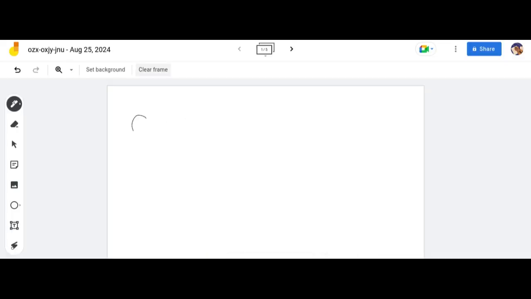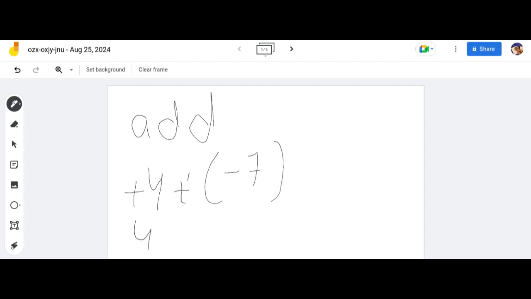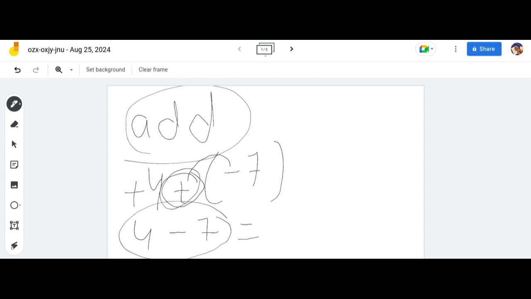If they're telling us to add the integers, for example, I have plus 4 and here I have plus into minus 7. It means I have to follow the integer rule, and I'm also adding these numbers, because 4 plus minus 7. That doesn't mean I am doing this question wrong. I am doing this question correctly because I am adding them by solving this operation. And these integers are these numbers' own. These numbers own their own integers.